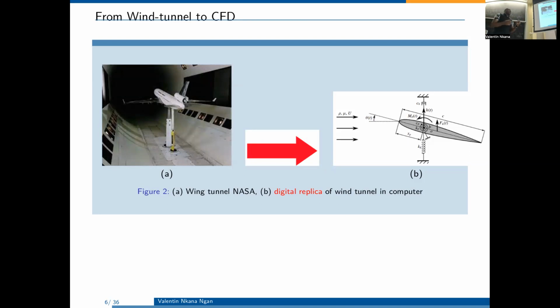With the advances in computers, it's easy to do simulation. This digital replica is today a great tool, because we can build on it to construct what we call a digital twin for many purposes.